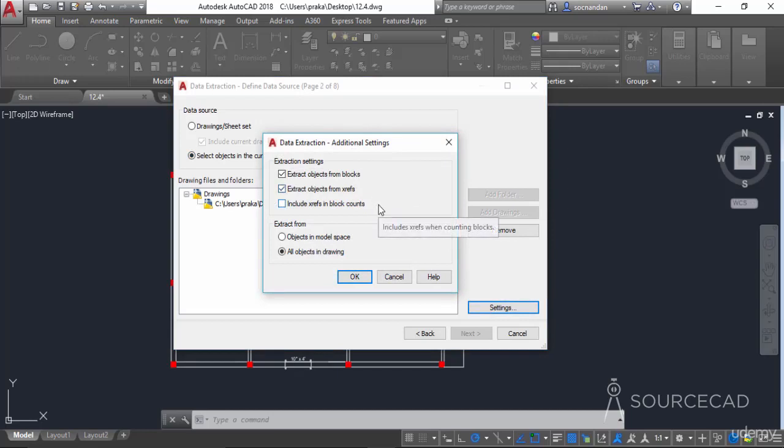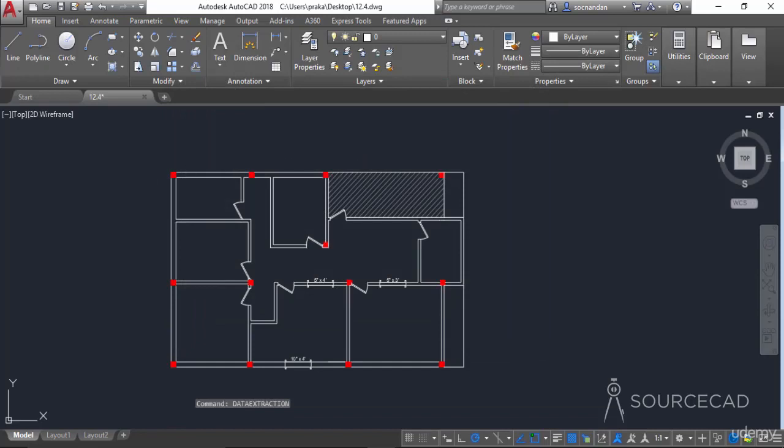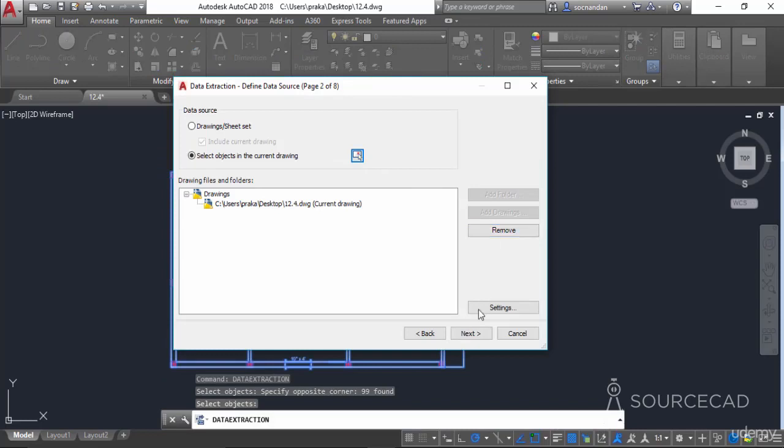In this window, make sure that this extract objects from blocks is checked. And also you can keep this objects in model space checked, and that will ensure that only the objects which are in model space are included. Now click on OK, and now we'll click on this box, and I'll select the complete geometry. Now click on next.